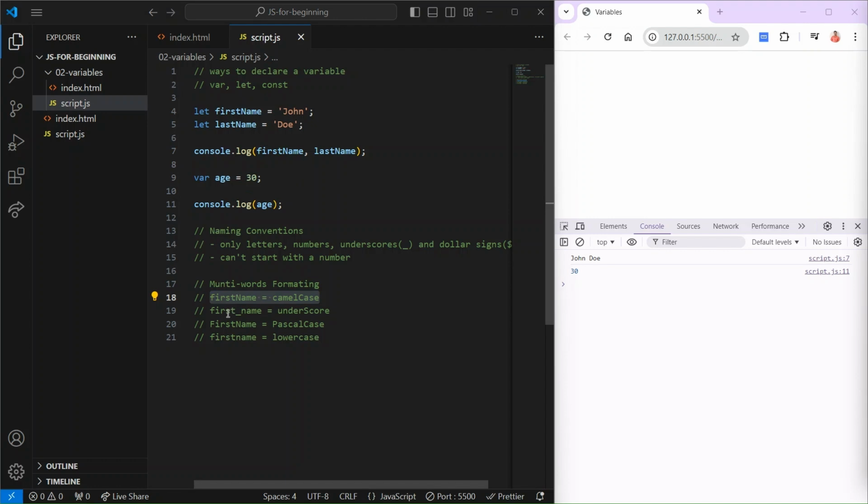Now you have other ways to do it, like you could use underscores to separate the words, which I don't particularly like, but it is all right. I guess you can see a lot of that in PHP. And then we have a particular case, Pascal case,